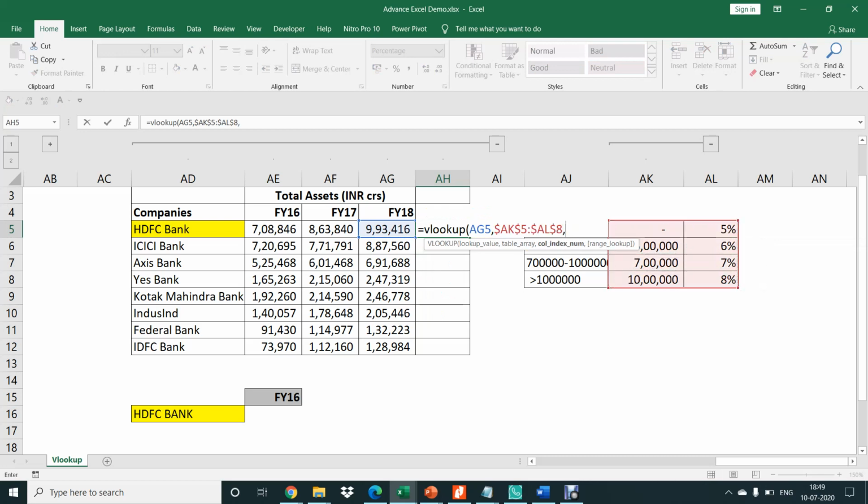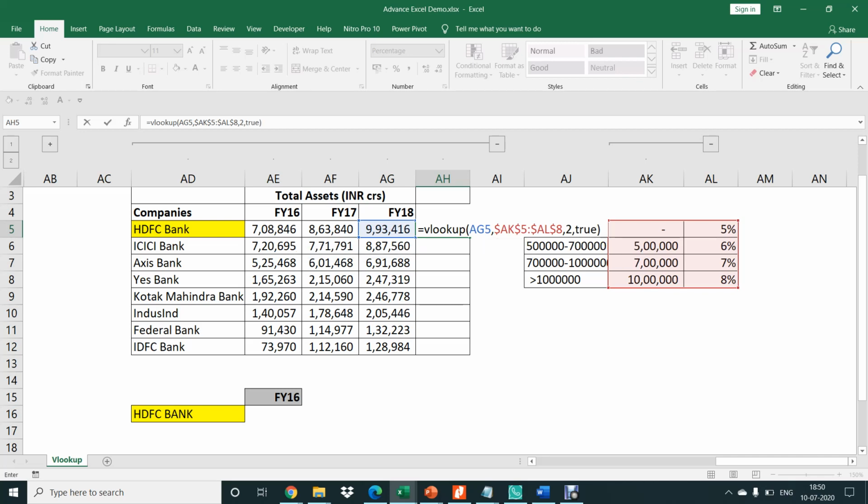Why do we freeze the slabs? Because we want to copy this formula below without losing the references of these slabs. Now for the column index, I want to bring out this second column, and this time I'm going to use the TRUE argument.